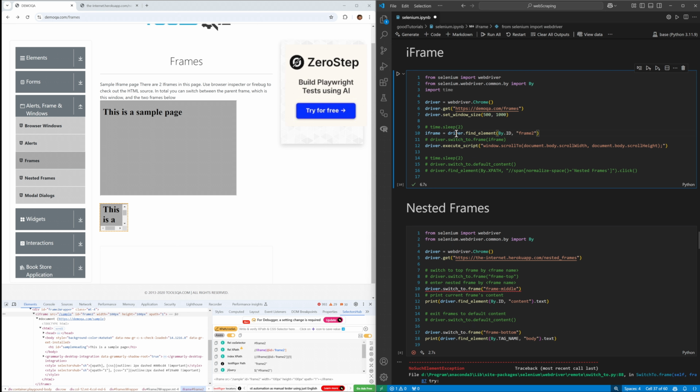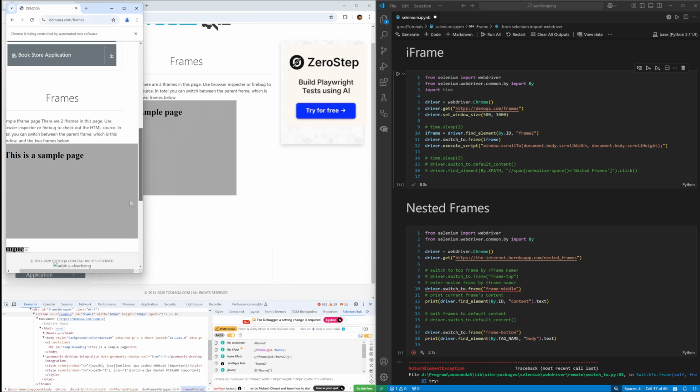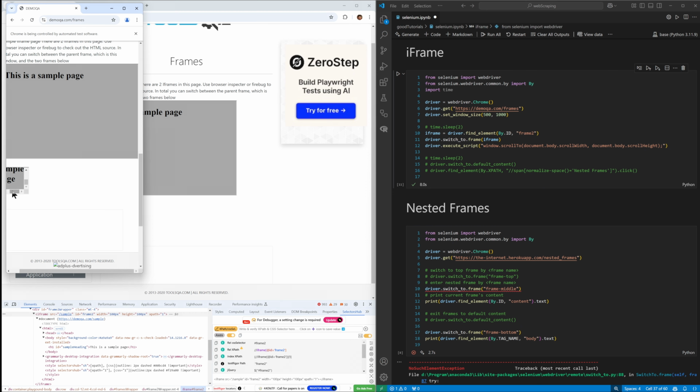So we will select the iframe, and then we will switch over to the iframe, and then we will scroll all the way right and all the way to the bottom. So you can see this is the iframe, and we are all the way at the bottom and all the way to the right. Now we want to click on this link